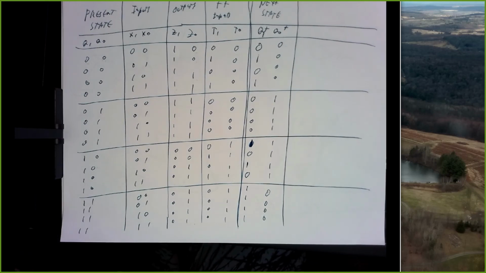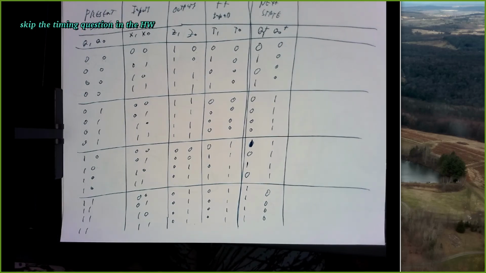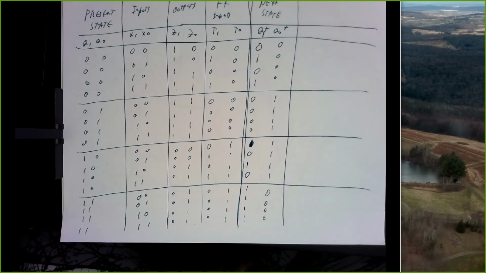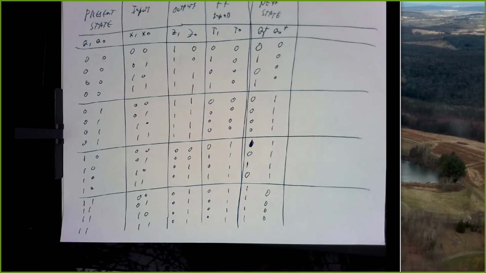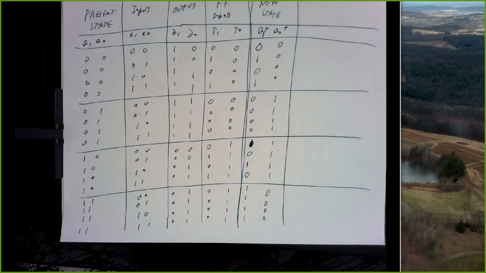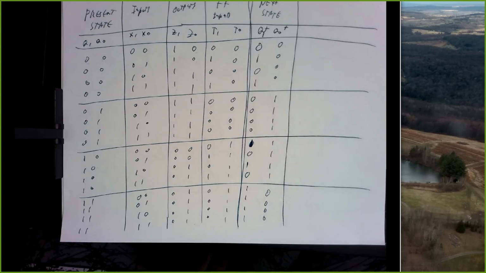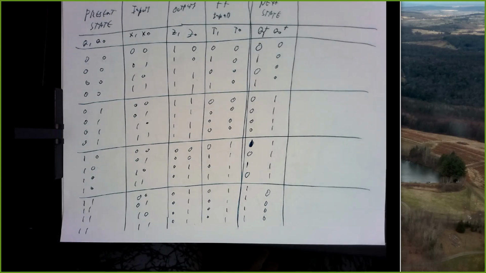All right, so we did not get to talking about timing for state machines. We'll talk about that next class. But for now, you can skip that question on the homework. So I think the last question in the homework, question 5, shows a state machine and asks what the maximum clock frequency is. Skip over that. We'll talk about that on Monday. It's a pretty simple analysis, but I don't want to rush through it because it's one of the punchlines of this whole subject. So just do those first 4 questions on the homework, and we'll go over timing next time.